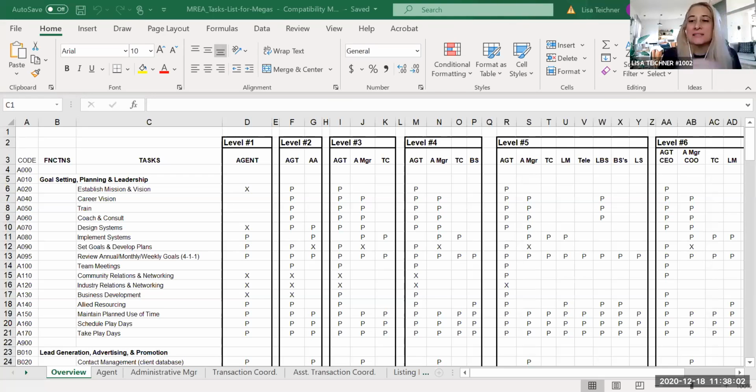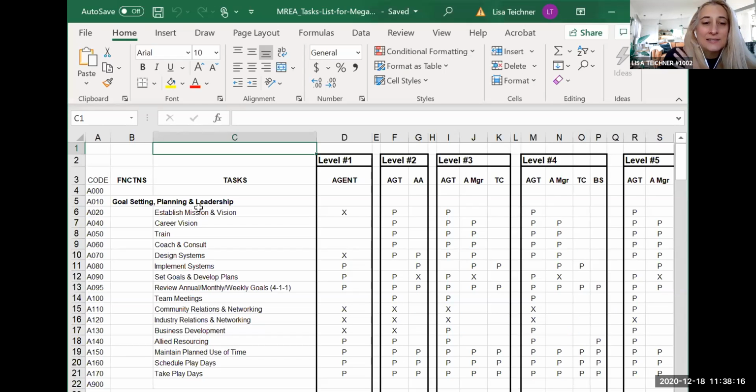I mean, it's going to kind of overwhelm you a little bit, but I'm letting you know that it's here. So if you're not sure what tasks you should be considering in your business, there is this really cool thing that I sent to you that I love. And for most of you, you're going to be focused on level 1 or level 2 in this spreadsheet. And what it does is it lists